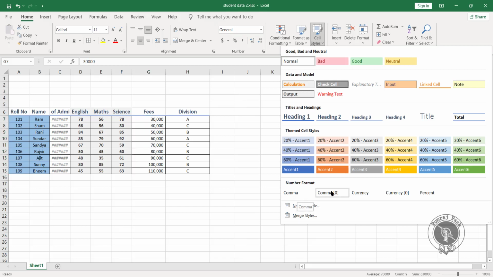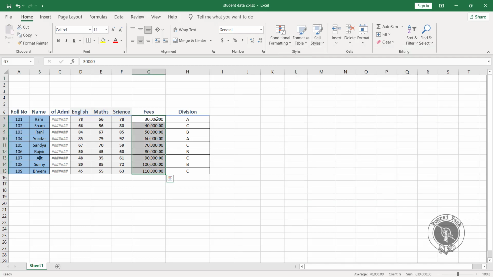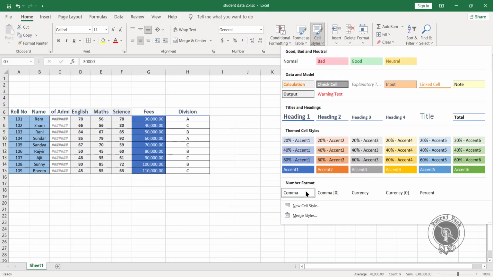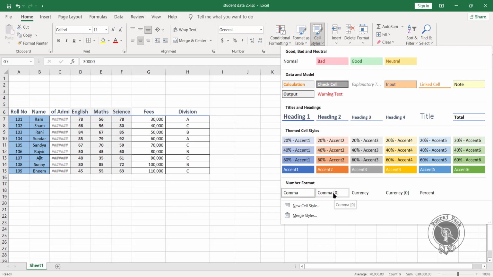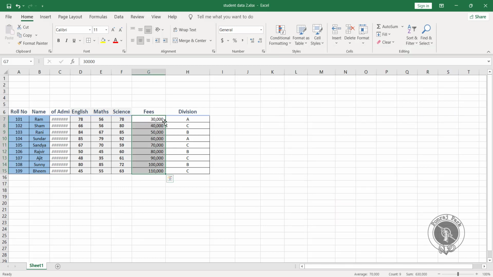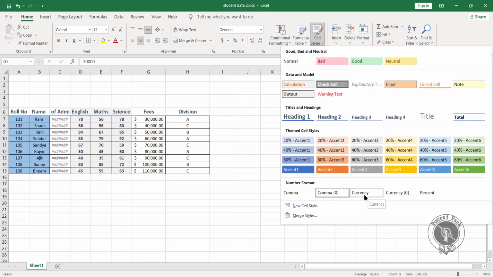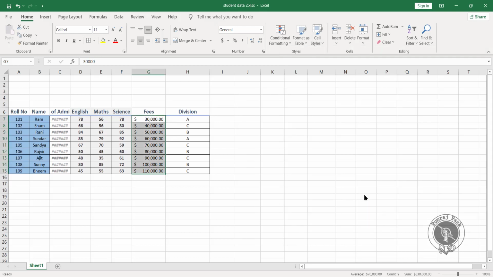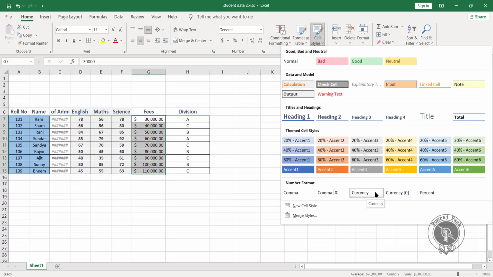So if you want to give comma or give comma with decimal numbers, you can see here we got the decimal and we got two zeros over here. So you can do that from here. Then suppose you just want to give comma, you don't want to add that decimal section, you can choose this. So there will be no decimal point and numbering over there. Then if you want to add the currency, you can give that, and currency is also with the decimal places, so you can enable that from here. If you don't want those decimal places, you can simply choose this.